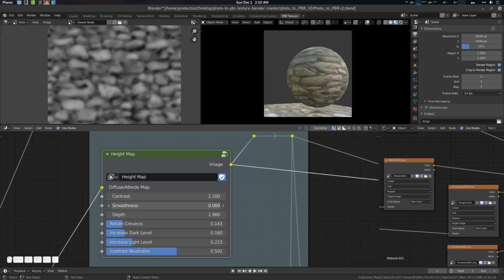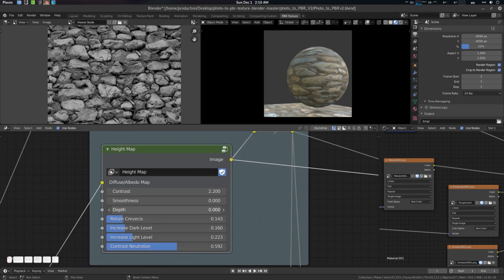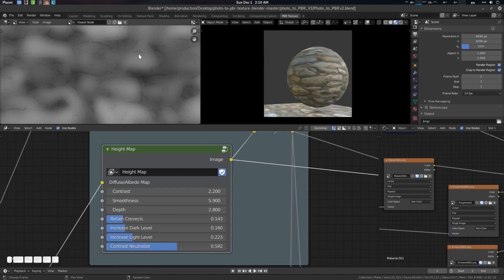So you can create a very low smooth as well. So let's set depth to 0 and you can see your stuff here. Okay, so we can give it a little bit of smoothness. Alright, and let's go for depth. The depth creates a pillow effect here. You can see it here. Okay, the pillow effect,